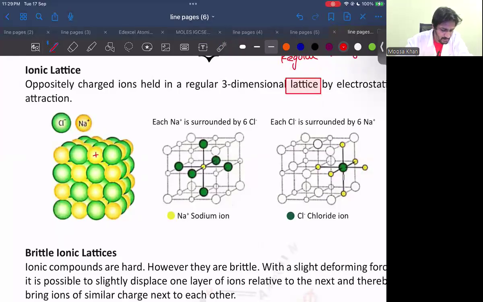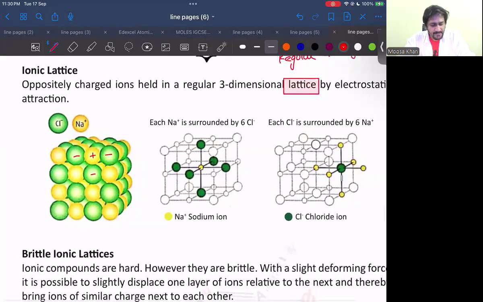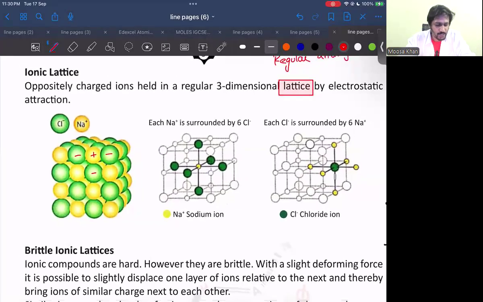We have a sodium ion, chloride ion, मतलब पॉजिटिव के आगे पॉजिटिव, पॉजिटिव के नीचे पॉजिटिव, पॉजिटिव के पीछे पॉजिटिव, पॉजिटिव के राइट पे पॉजिटिव, पॉजिटिव के लेफ्ट पे पॉजिटिव. उल्टा कह रहा हूँ, पॉजिटिव के राइट लेफ्ट आगे पीछे ऊपर नीचे सब नेगेटिव होगा, नेगेटिव के राइट लेफ्ट आगे पीछे सब पॉजिटिव होगा। ठीक है। Specifically, if you see the ionic lattice of sodium chloride, तो बीच में देख रहे हो सोडियम बनाया